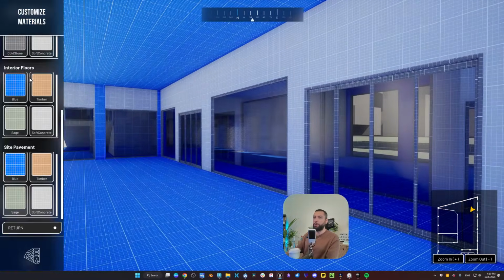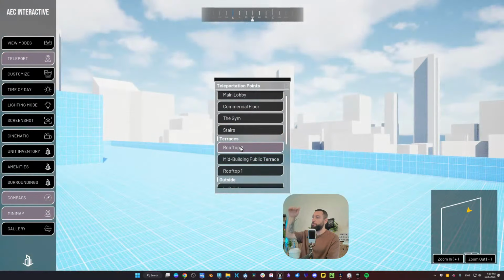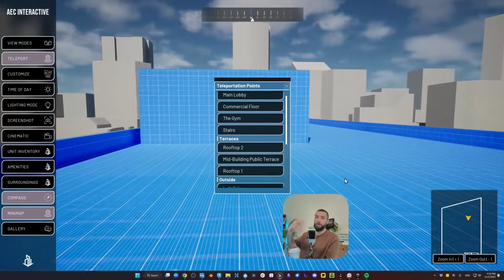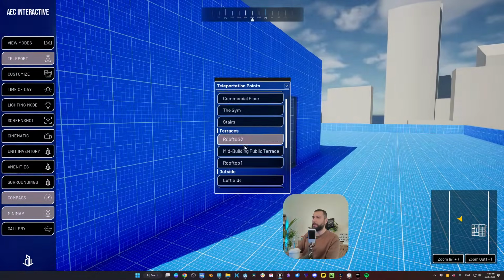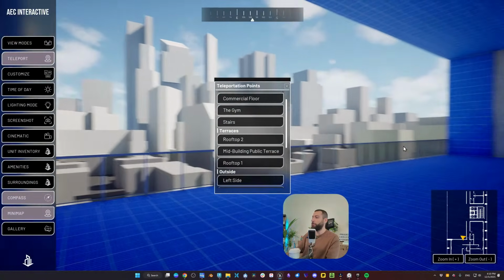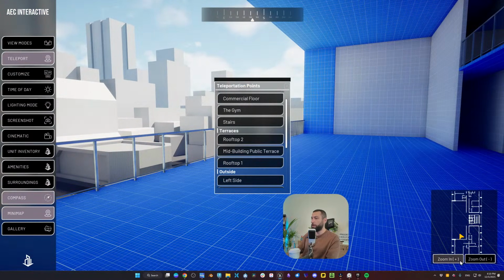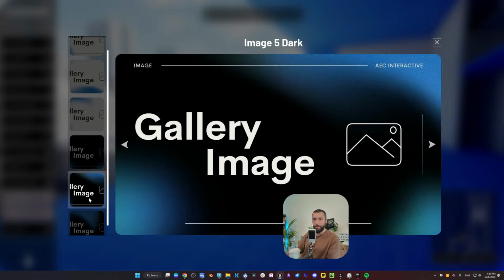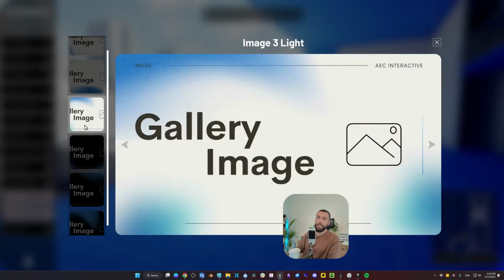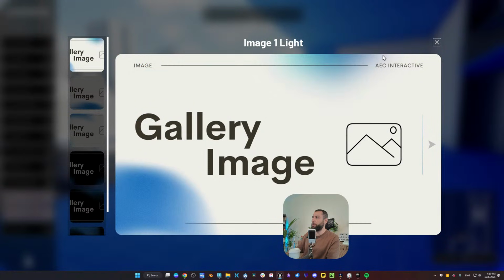So this is a super dynamic and scalable system, the minimap system here. And it works also with the teleport system. So if I go to the top of the building, it will update the minimap to the top of the building. If I go to the center of the building, it will update that as well. You can zoom in, you can zoom out, and all that good stuff. So that's regarding the minimap and the compass. We also have the gallery view, pretty self-explanatory, where you can take visuals of the project, or you can have a Canva presentation that you can import to the Unreal project to have a nice gallery view.